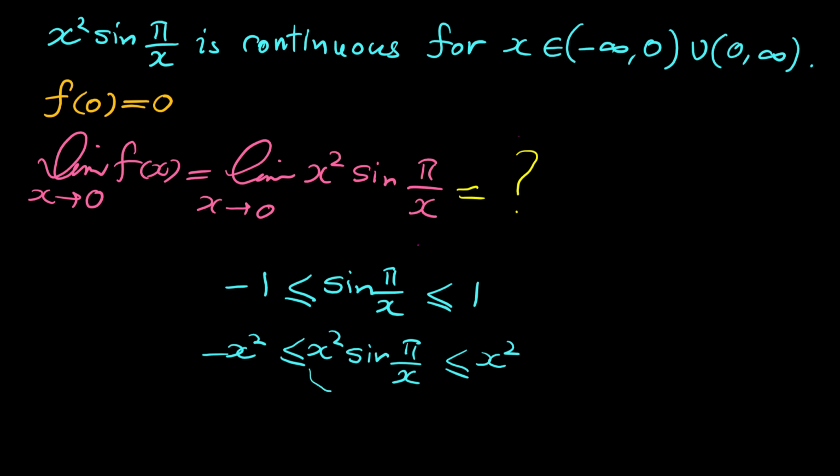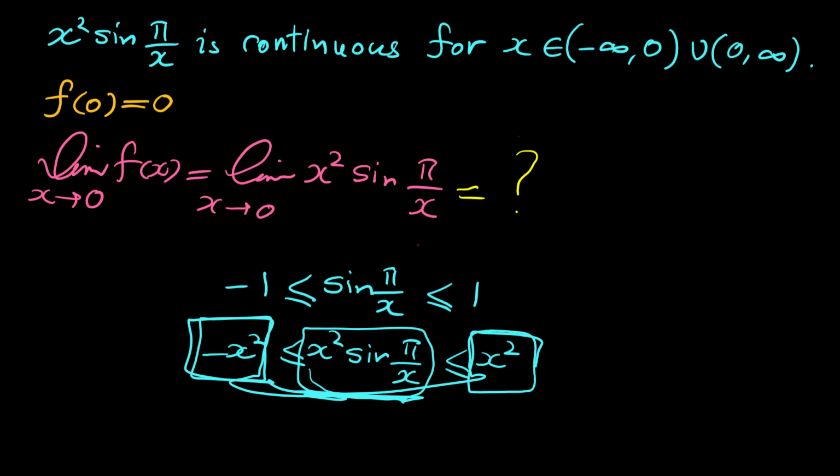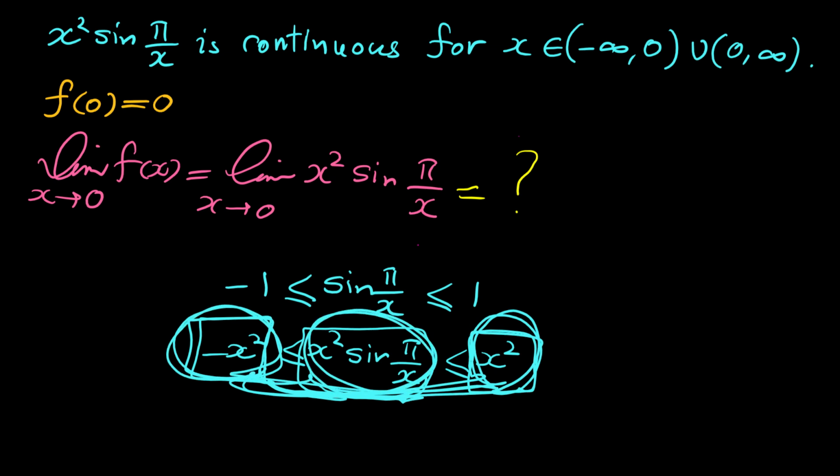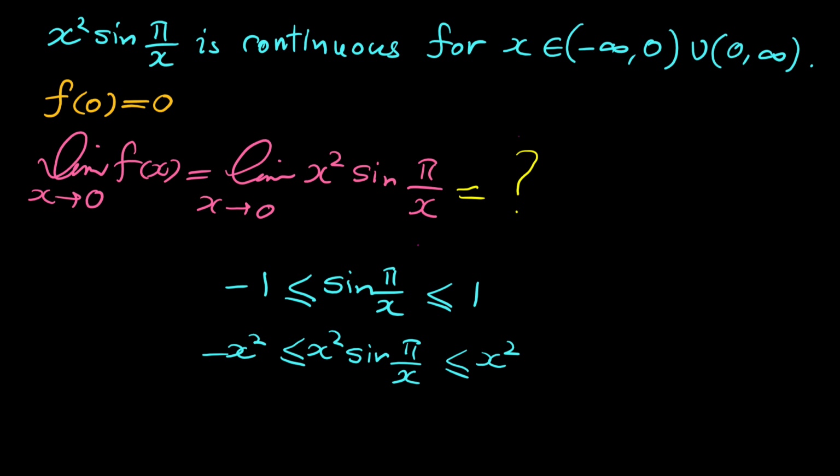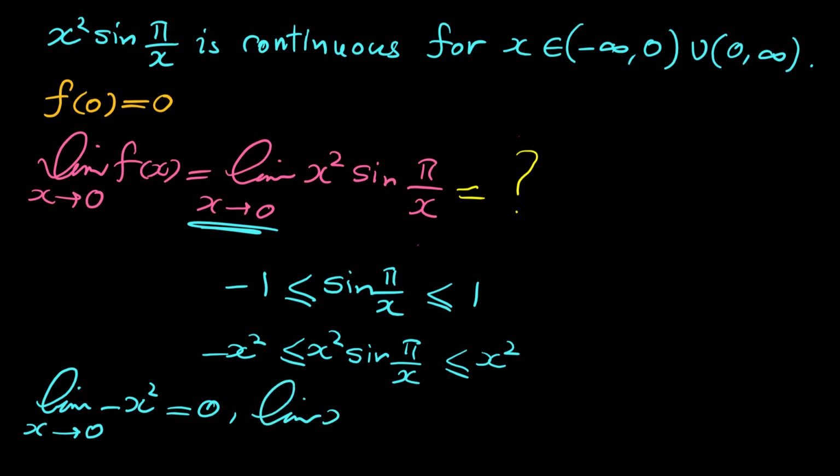Now look at this. Instead of finding the limit of this expression, which is very complicated, we can simply find the limit of the left function and the limit of the right function. And if these two limits are equal to each other, then the limit of the middle function is equal to that number. So now we have to find the limit of negative x to the 2 when x approaches 0. This limit is 0. And we have to find the limit of x to the 2 when x approaches 0. This limit is also 0. Plug in 0, the limit is 0. Now from the squeeze theorem,